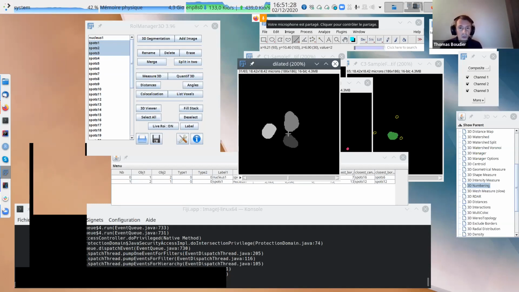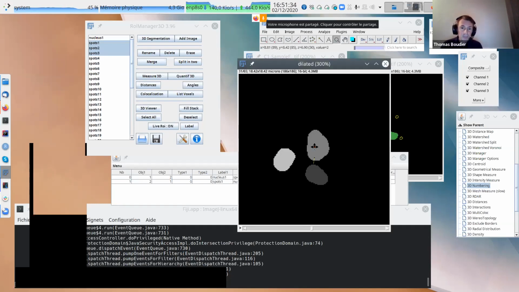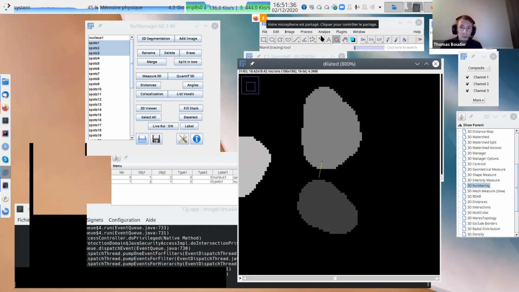Here I just show you the border onto this 2D slice, but of course it will be in 3D. So basically it will compute all the border distances between all the points, and it will keep the minimum distance. So the border distance is the minimum distance in 3D between the 2 objects.